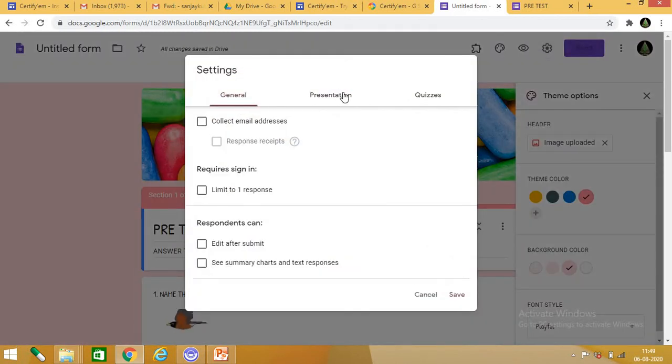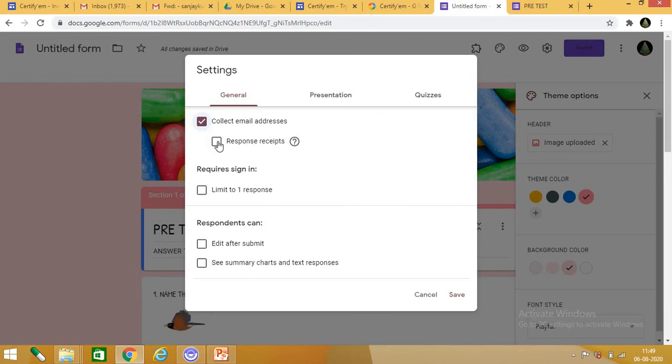General settings, presentation, quizzes. Three options are there: general, presentation, quizzes. Now in general, suppose you want to provide certificates, or you want the child to respond only once. At that time, always select collect email address. Then there is the option response receipts.